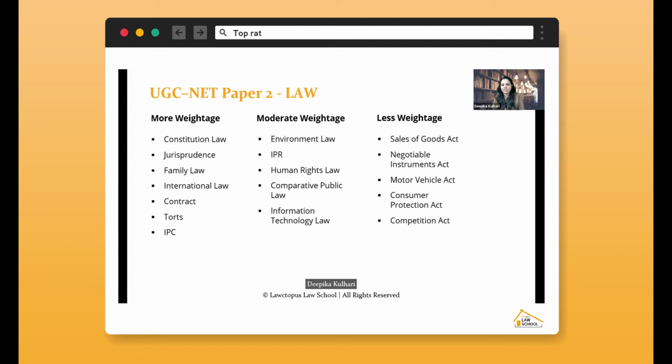So what happens is, 30% to 25% every year they will be giving you twisted questions, very hard questions, chronological order, case law questions which you can't even find on Google. That is the kind of exam temperament they are testing, and we'll be talking about that at a later stage. If they are asking you a question from the Sale of Goods Act, they have written the act in the syllabus itself.